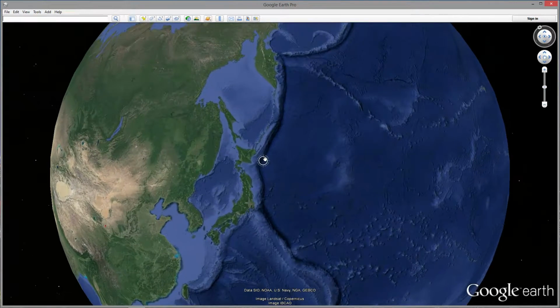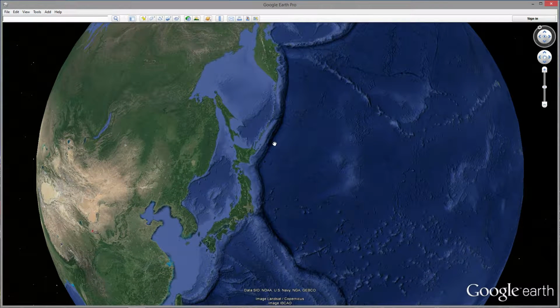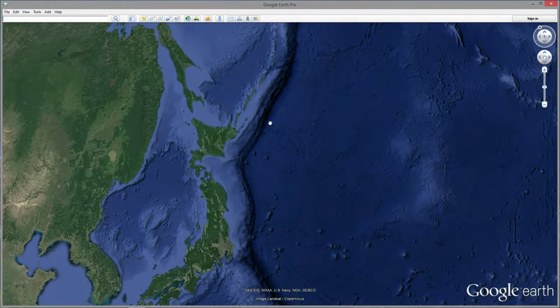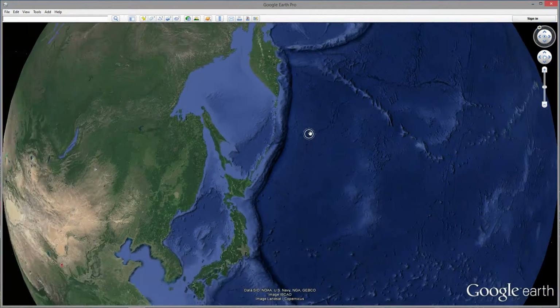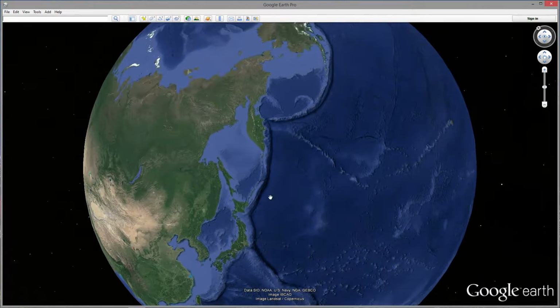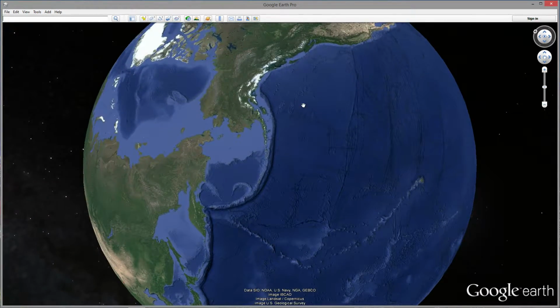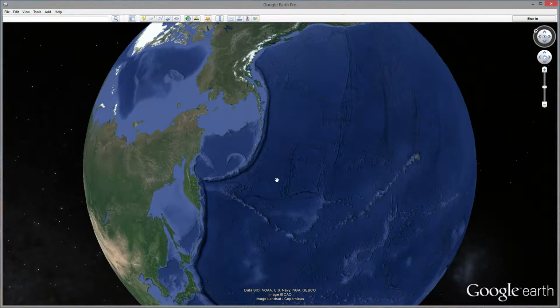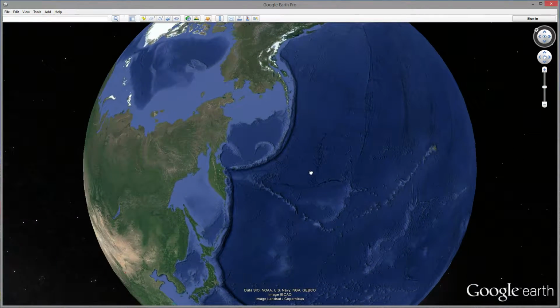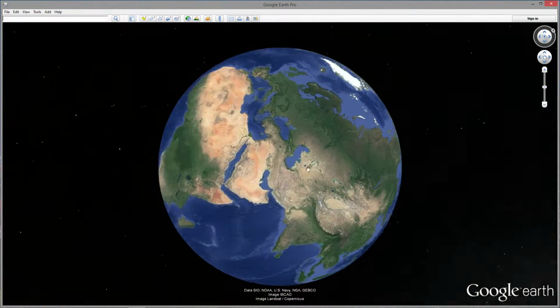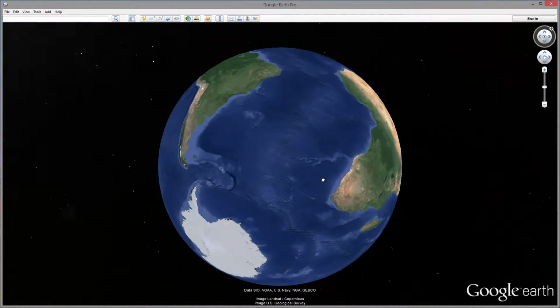And it must be something to do with the drop off, and I'm not too sure how the magma is coming close to the surface because of the drop off, but it's nasty. I mean, this is where you get a lot of these earthquakes, you got volcano issues. It's a very active place compared to the Atlantic Ocean on this side.